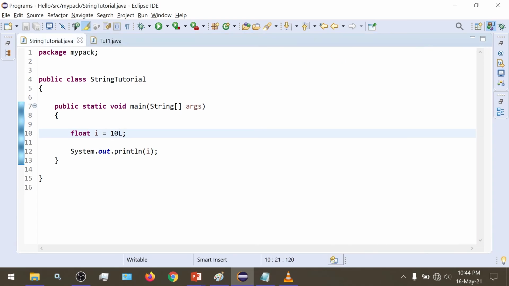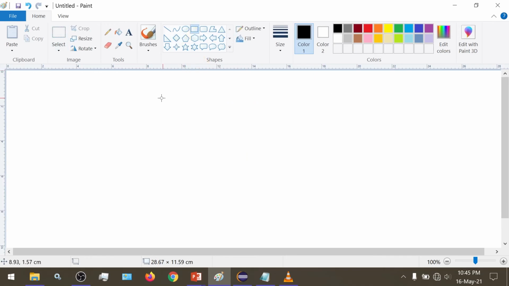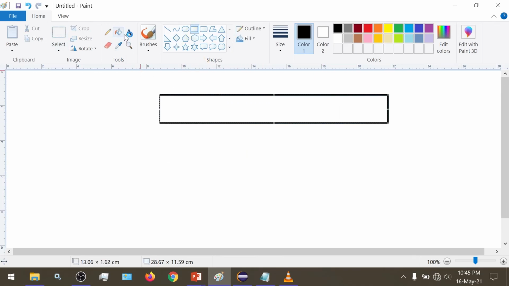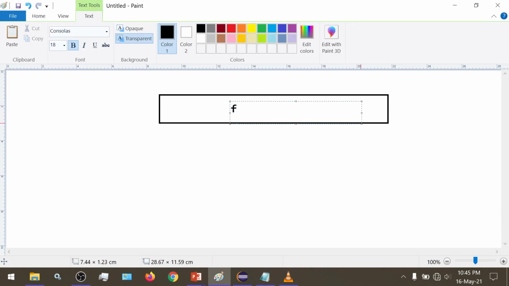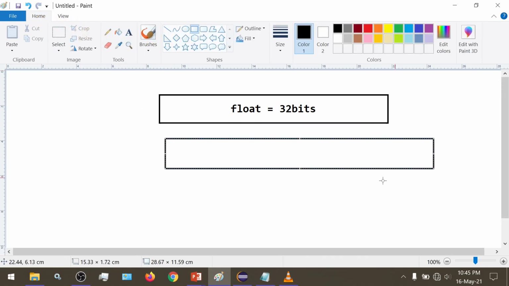I'll explain why this happens, because earlier we have seen that float takes 32 bits of memory, and long takes 64 bits.